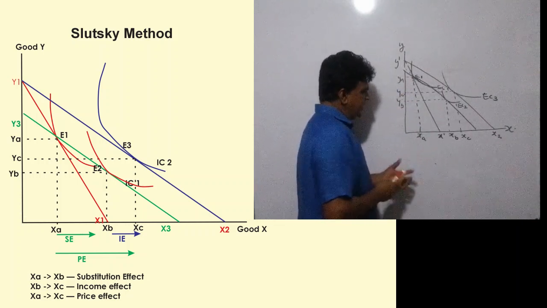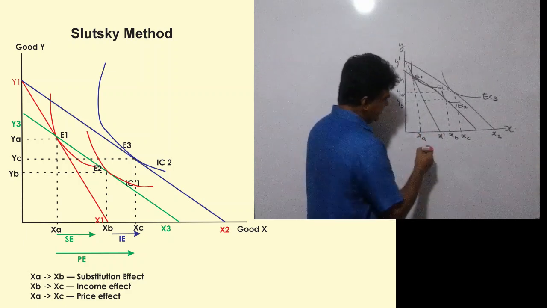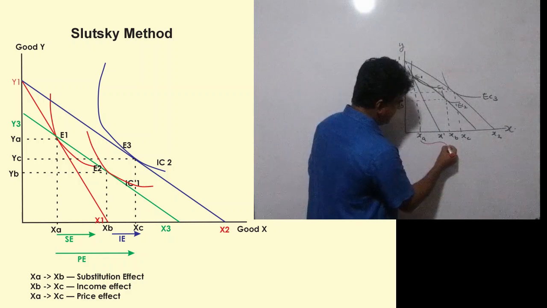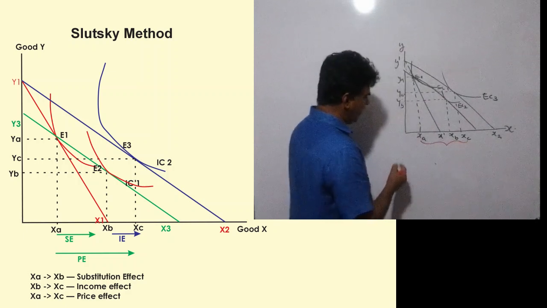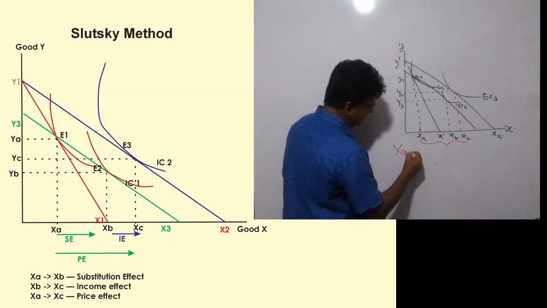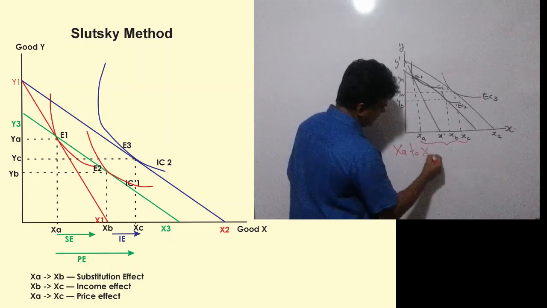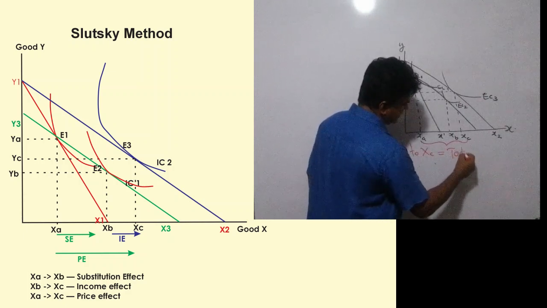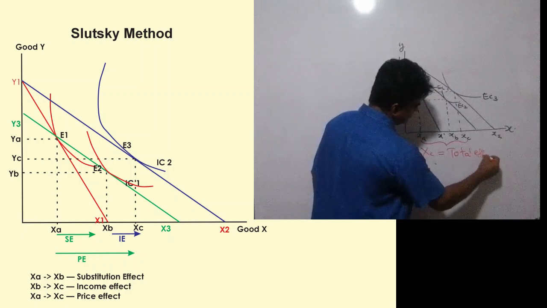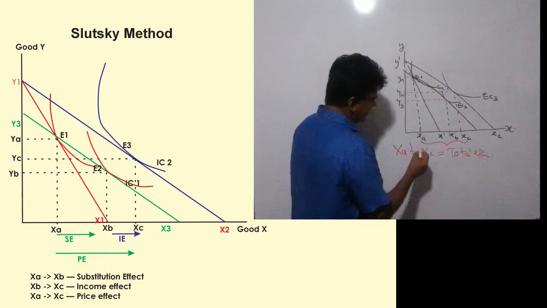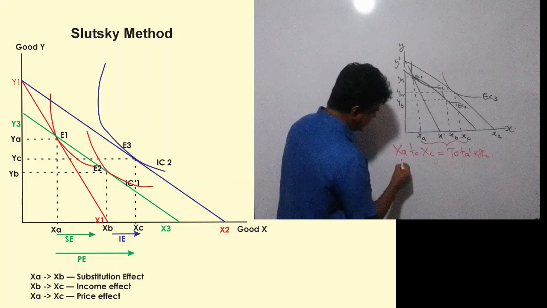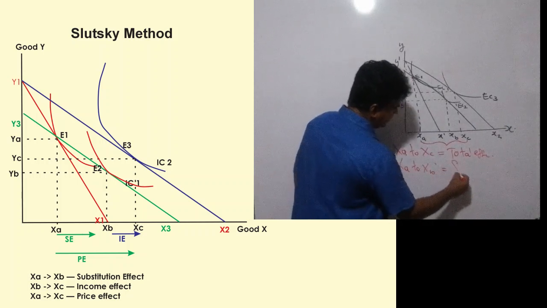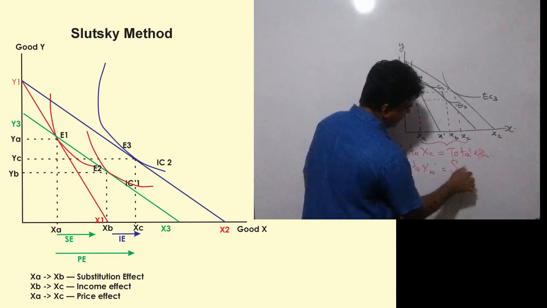Now you can understand, the total is XA to XC, that is the total effect or the total price effect, right? Then XA to XB is the substitution effect,